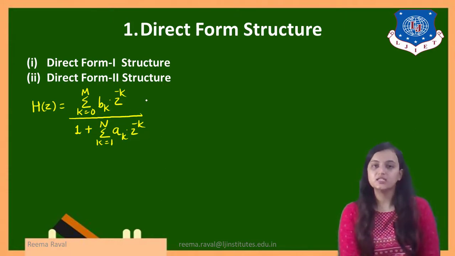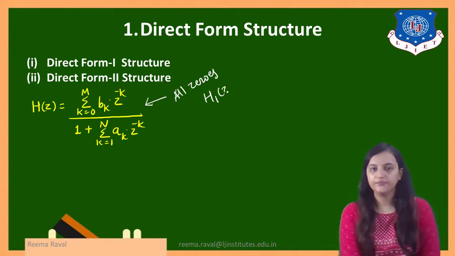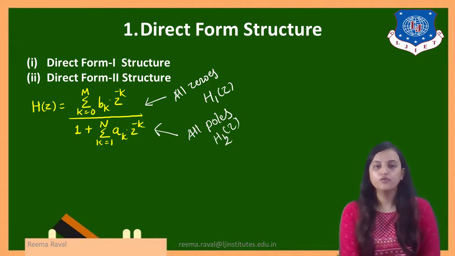So this is the standard system function representation, which is H(z). Now, let us take the numerator part, which is called the all-zero system, as H1(z), and the denominator part, which is called the all-pole system, as H2(z). So in this case, if I take the numerator part, that is H1(z),